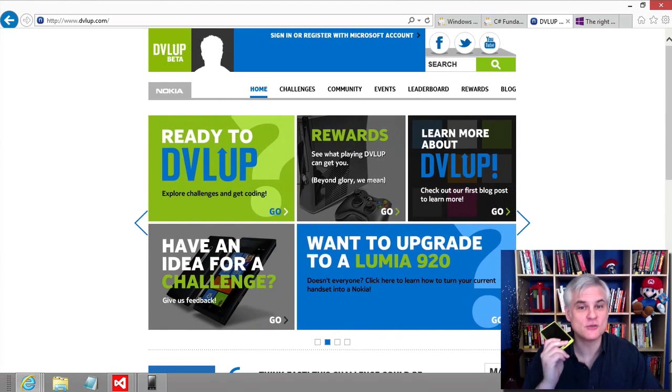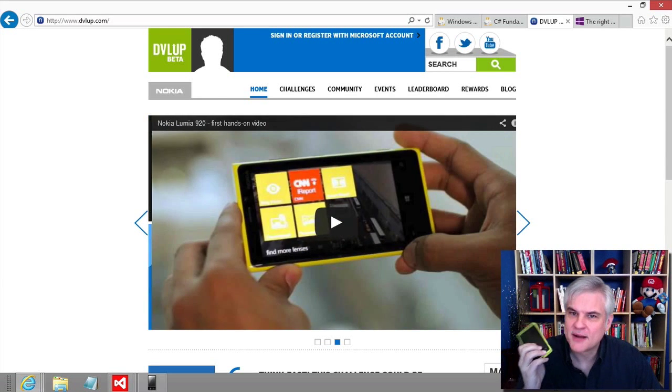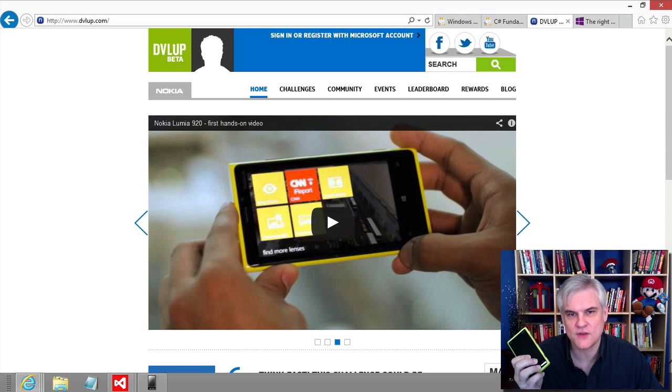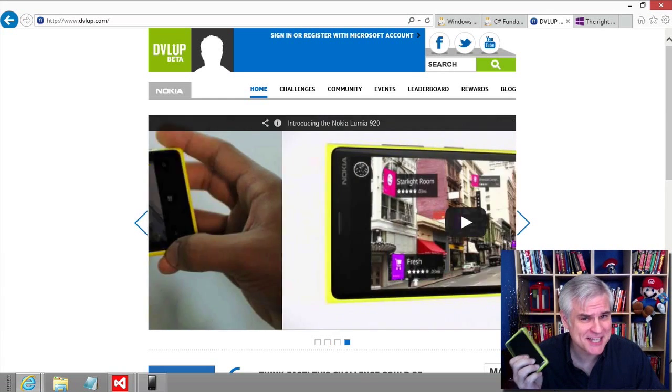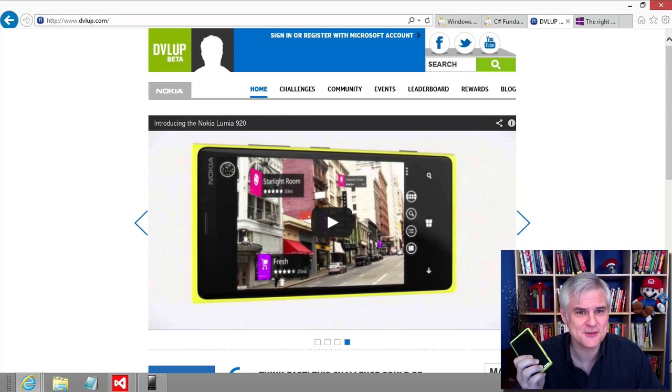And trust me, I own several of the most popular devices on other platforms that are available on the market today. If you're interested in Windows Phone 8 development, it's not a requirement, but I think that you're really going to want to own one of these phones. It's not just a great developer testbed for the apps that you build, but it's also a great device. I've been given permission to tell you about my favorite features,